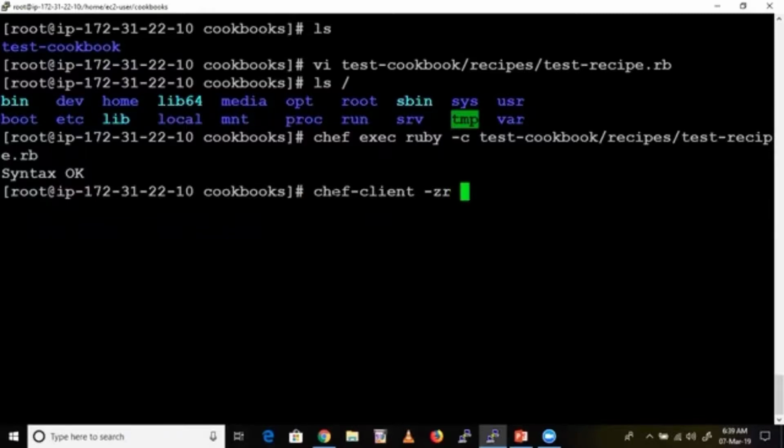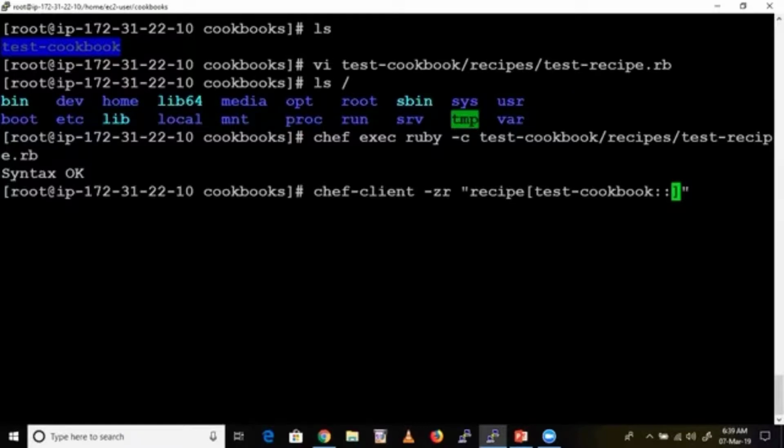And which cookbook do you want to apply? Inside you can have any number of cookbooks and any number of recipes. Now it is asking which cookbook you want to apply and which recipe inside that cookbook. For that, you need to give recipe in square brackets. Give the cookbook name. What is my cookbook name? test-cookbook. Use double quotes like this, and colons like this.